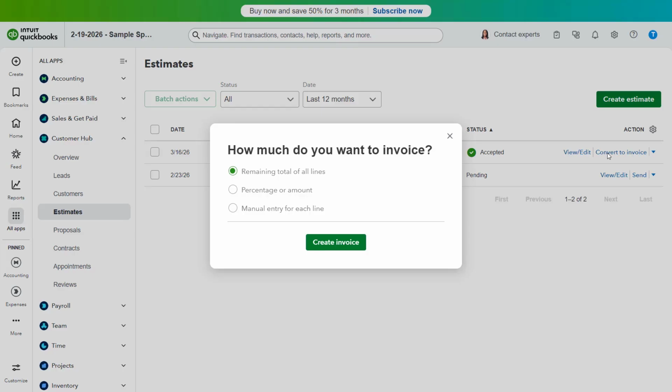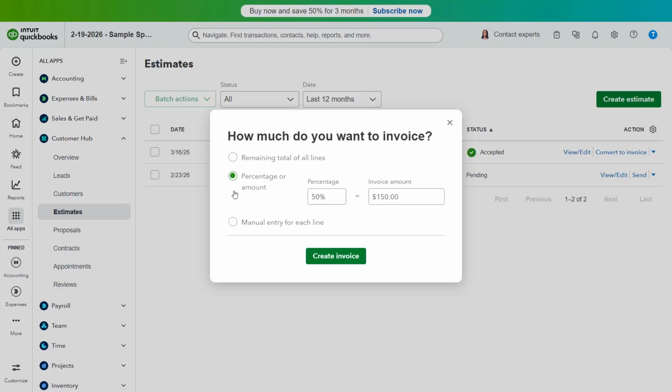Alternatively, if you enabled progress invoicing, a How Much Do You Want to Invoice window instead opens after you click the Convert to Invoice link. In this window, select the option button that corresponds to the quantity of the estimate to invoice. To invoice for the full or remaining line item estimate amounts, select the Remaining Total of All Lines option. Alternatively, to invoice for a percentage or amount of the total line items from the estimate, select the Percentage or